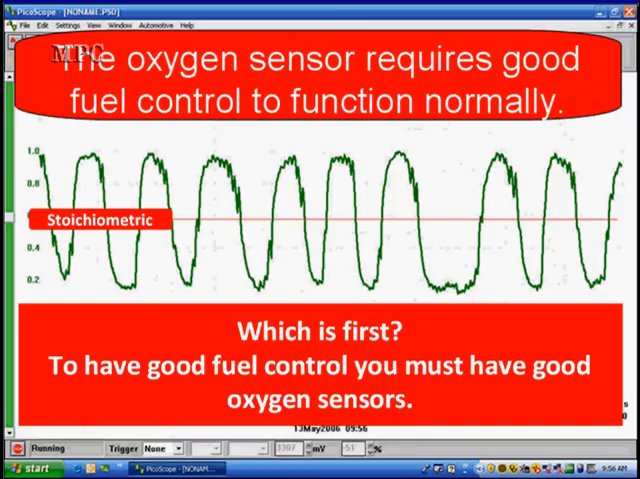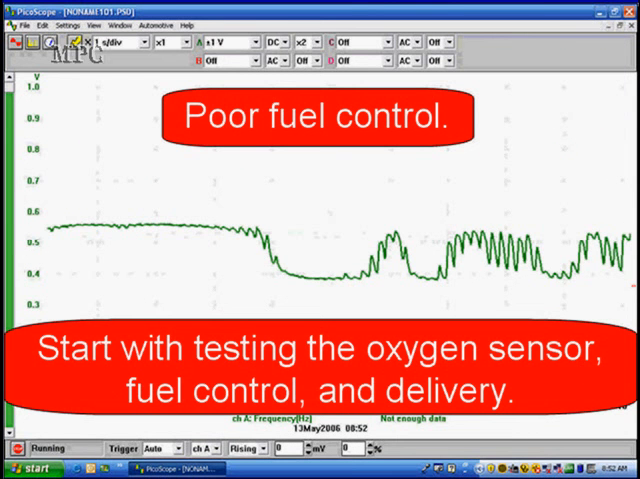Now, we try to tell you, the oxygen sensor is going to need good fuel control to work properly. The heater's got to be working to warm up quickly. And we showed you how to check fuel control, the heater, and everything else. When you have no fuel control, you have a problem. So we're coming full circle, coming back to remind you again to go back and make sure you have good fuel control before you rely too heavily